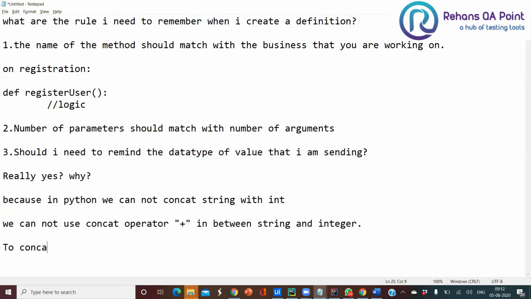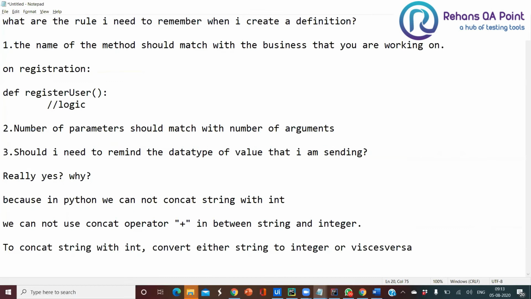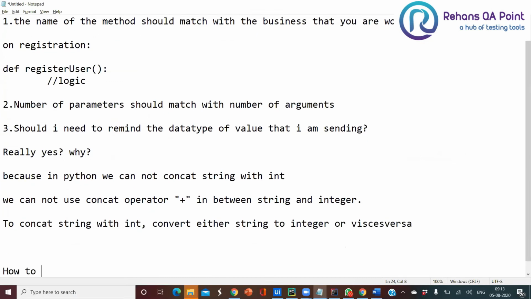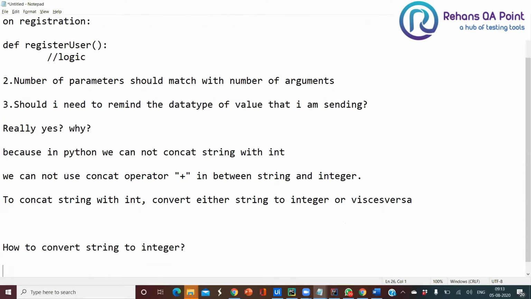So to concat a string with an integer, convert either string to integer or vice versa. Do it either way. Okay. So now my question is how to convert a string to an integer.